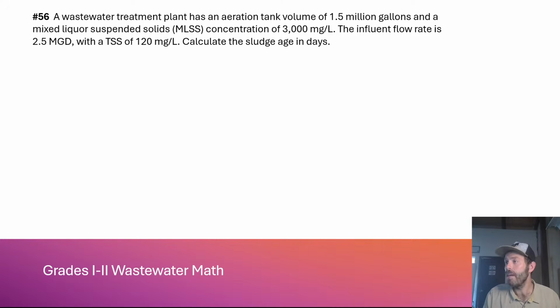A wastewater treatment plant has an aeration tank volume of 1.5 million gallons and a mixed liquor suspended solids concentration of 3,000 milligrams per liter. The influent flow rate is 2.5 mgd with a TSS of 120 milligrams per liter. Calculate the sludge age in days. Okay. Simply, it is pounds of MLSS in aeration